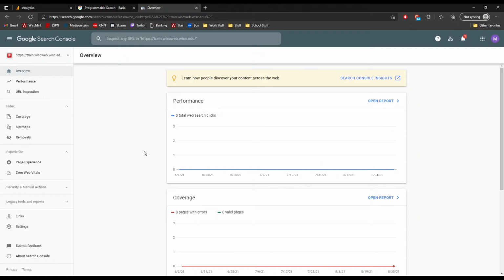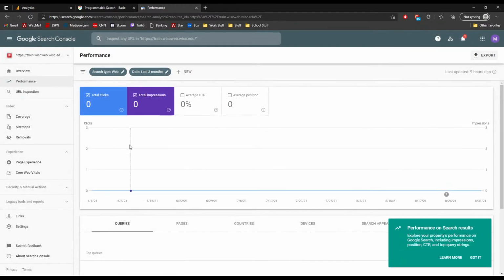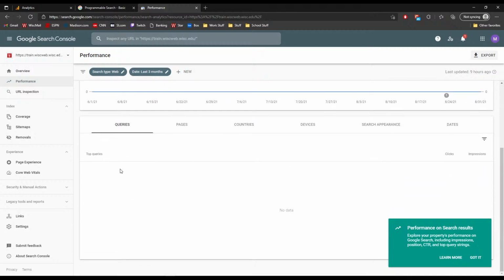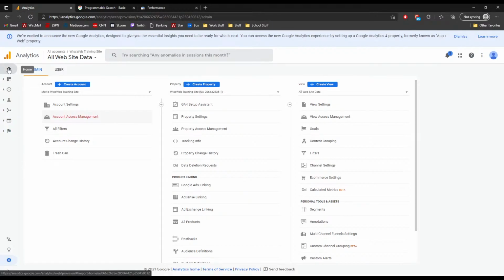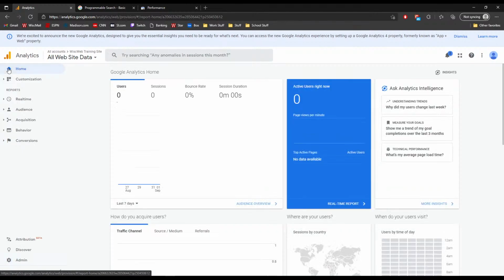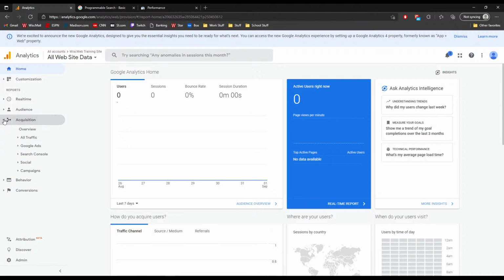And again, everything goes through analytics. So now I need to get analytics to read my Google Search Console information, because Search Console is basically looking at search. It's looking at what searches are being done to get to my site. So I'll go back to analytics, back to home. I'm going to muddle through this a little bit because I'm trying to make sure I read my notes. All right, so acquisition, Search Console,